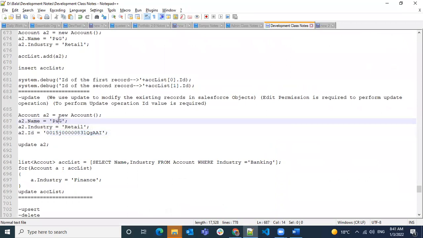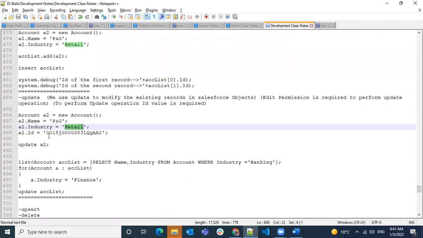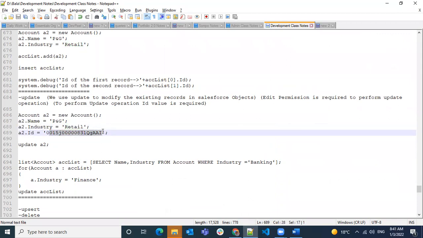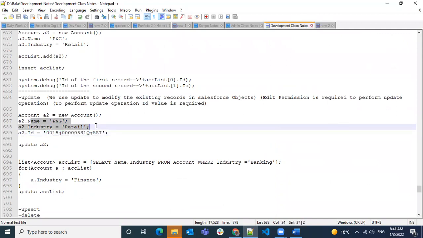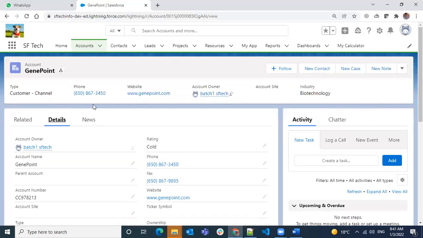The name field is going to be PNG and industry is going to be retail, and the ID you're not changing anyway, so that is the identifier. So only the changing values are the name and industry. Whatever remaining fields you have over here, everything will be as is. It will not be changed.